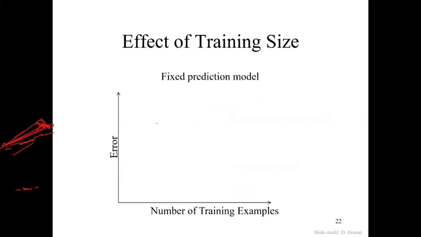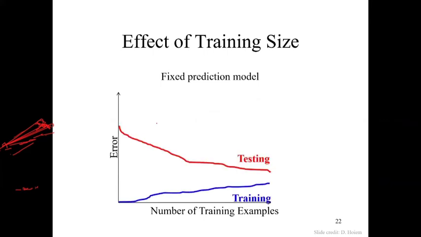So that's why we say the effect of training size, compared to the number of training examples. This is another way to look at it. One of the aims and objectives of generalization is we want to bring the performance of the training set and testing set as close together as possible. Here, as we increase the number of training examples, this is the hypothetical case. This is the expected normal system we want to have. Once the number of training examples is increased, we hope that the testing performance and the training performance will try to merge together.